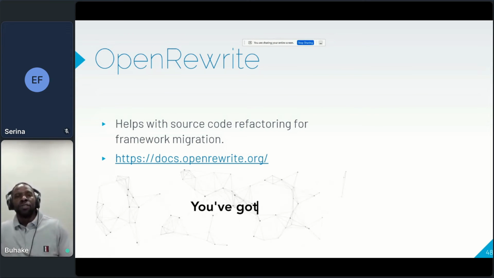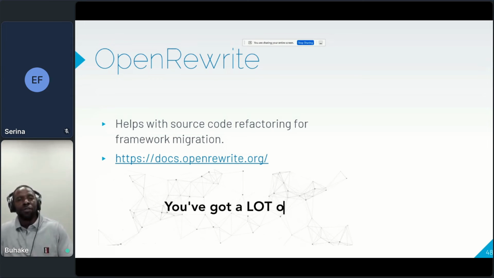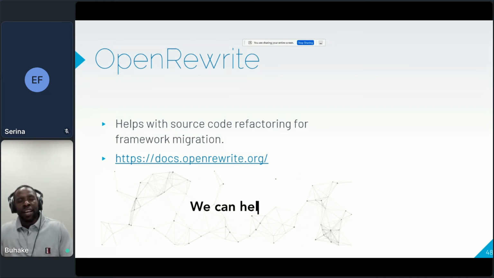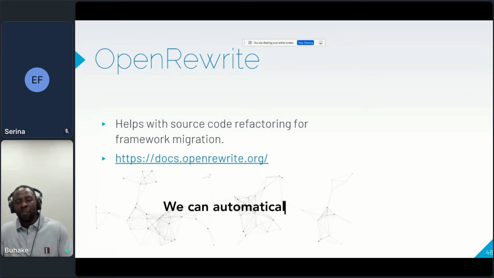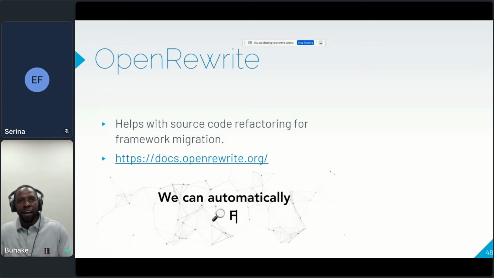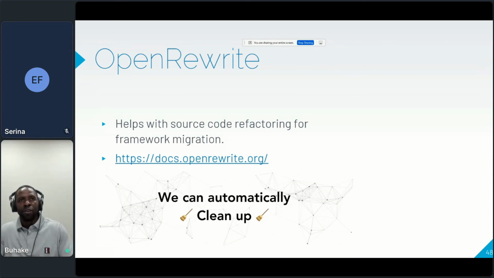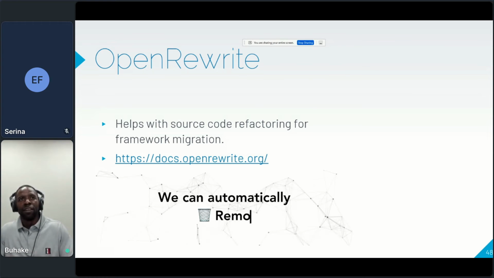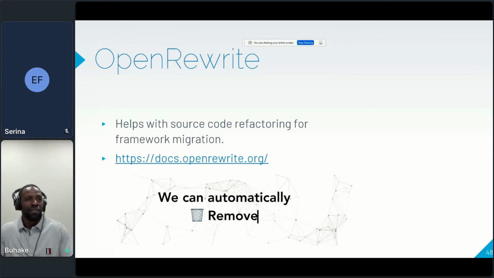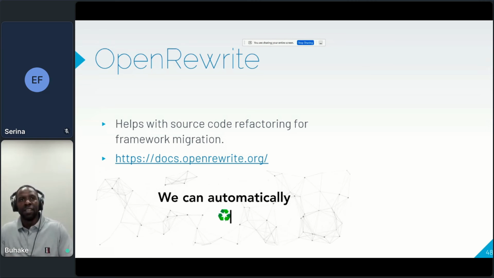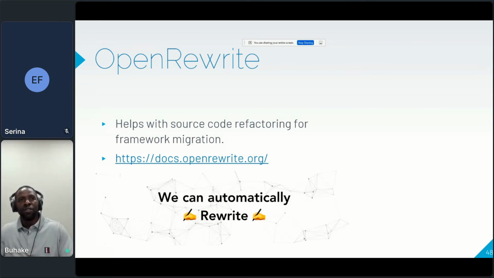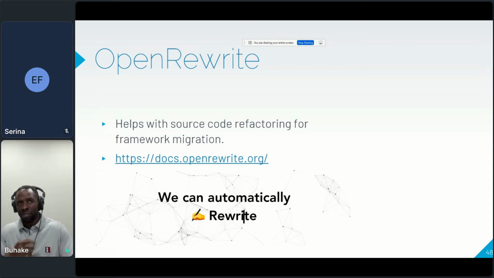OpenRewrite. This I heard when I was overseas. With the complexity, as I spoke about earlier, of doing refactoring, companies like OpenRewrite created tools to refactor your code to the latest. For example, if you say Jakarta EE 10, it can help you automatically refactor your code and your imports.